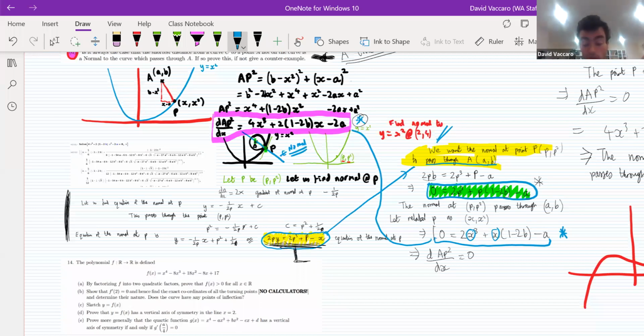So even though this is just differentiation of polynomials, there's still quite a lot to unpack